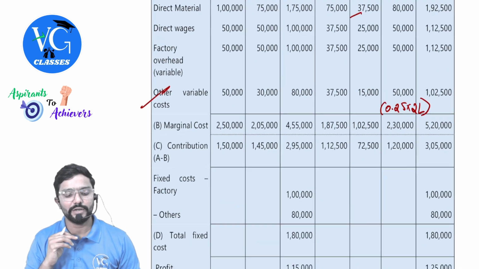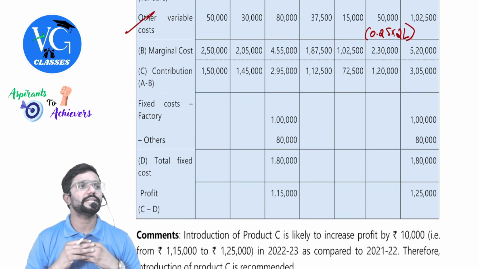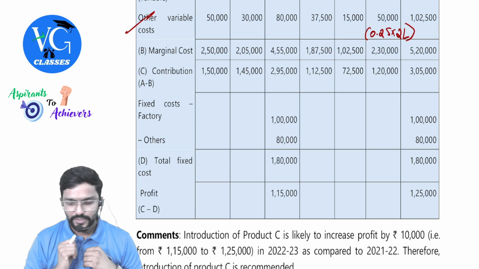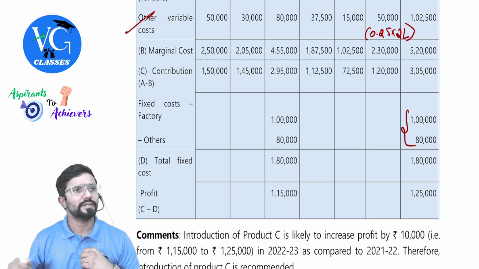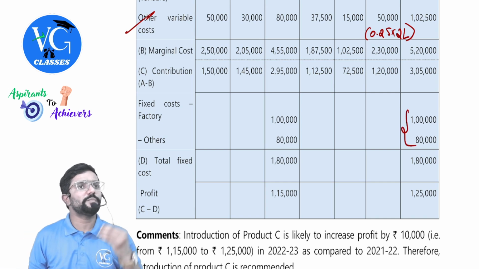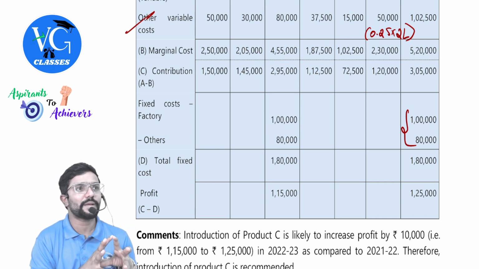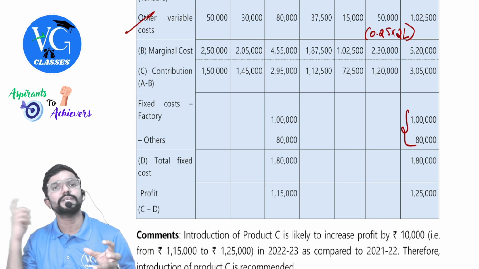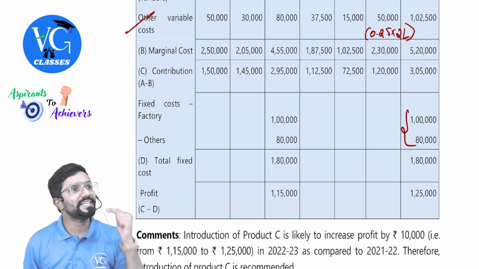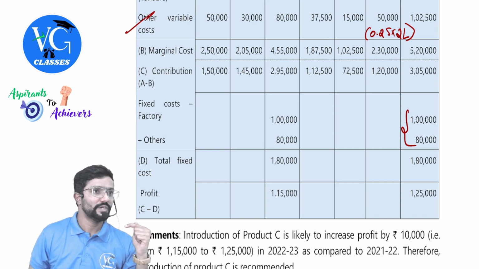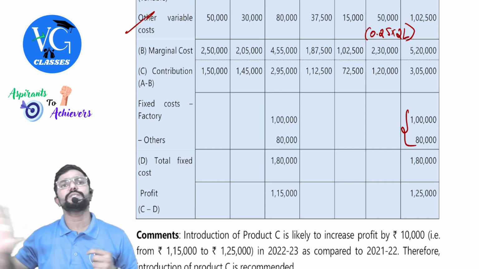Okay, sir. You will get total variable cost deducted from sales. You will get contribution. So now fixed cost will remain same, sir. Sir, we have introduced new product now, sir. Fixed cost has to increase. No. Whatever is now is unutilized capacity of A and B. We are using it for C. Why, sir? Because sales of A and B is falling down. To compensate that, we have introduced C.